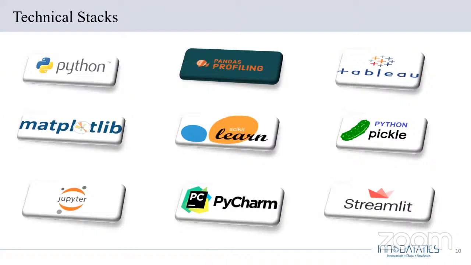We have used Pickle for serializing and deserializing a Python object structure. That is the process whereby a Python object hierarchy is converted into a byte stream. We have used Jupyter Notebook, a web application for creating and sharing computational documents. It offers a simple, streamlined, document-centric experience for model building.